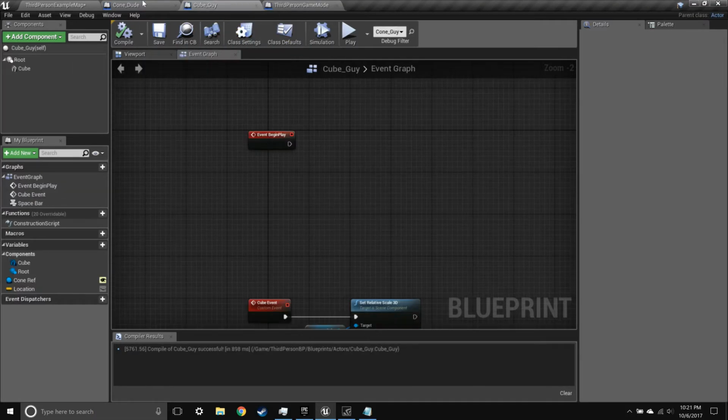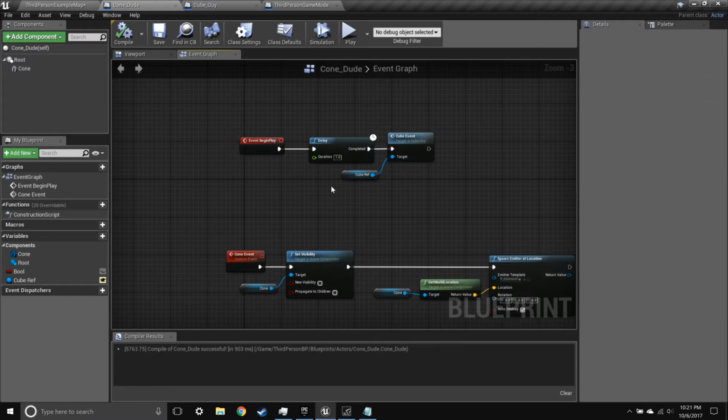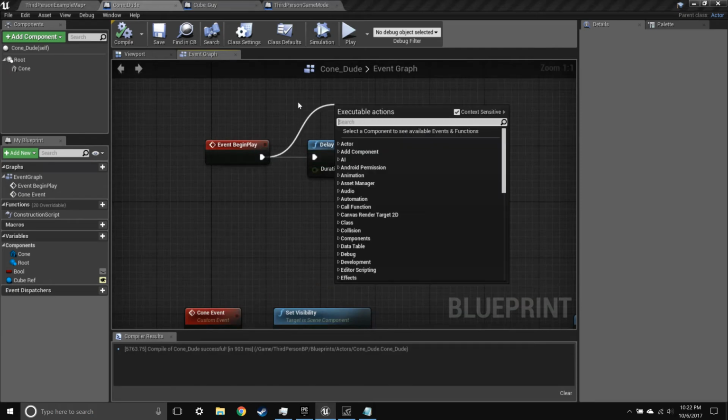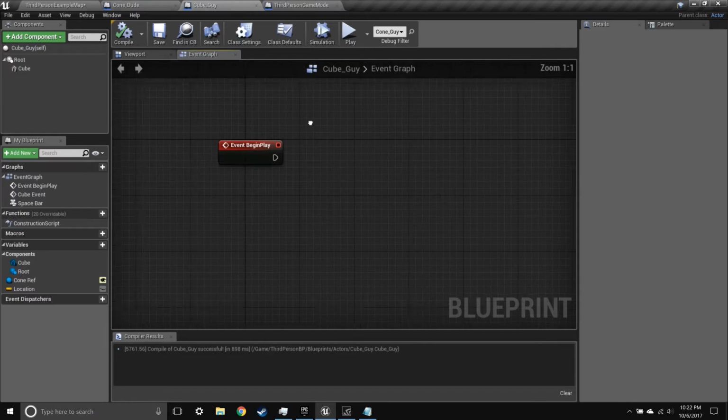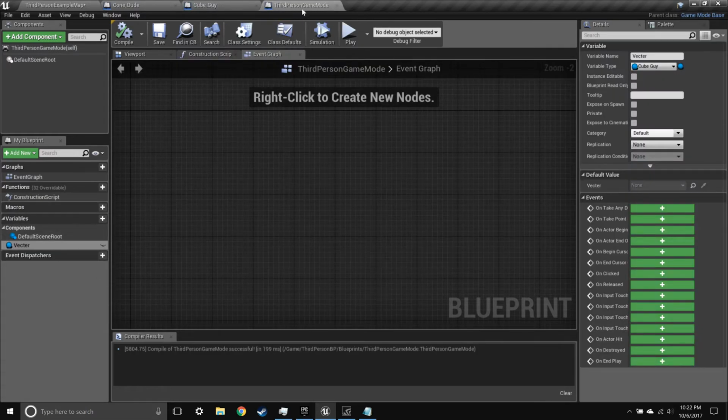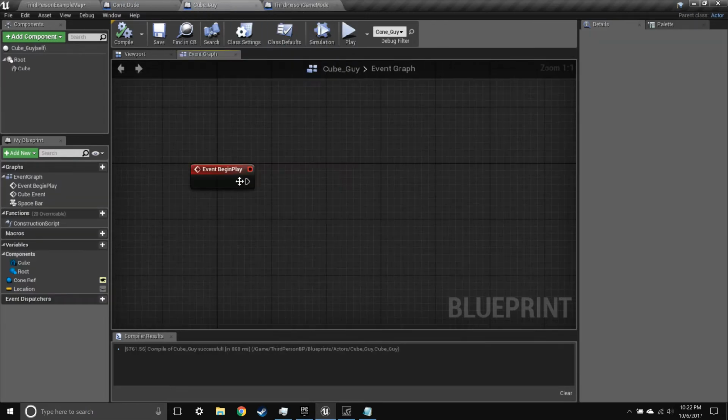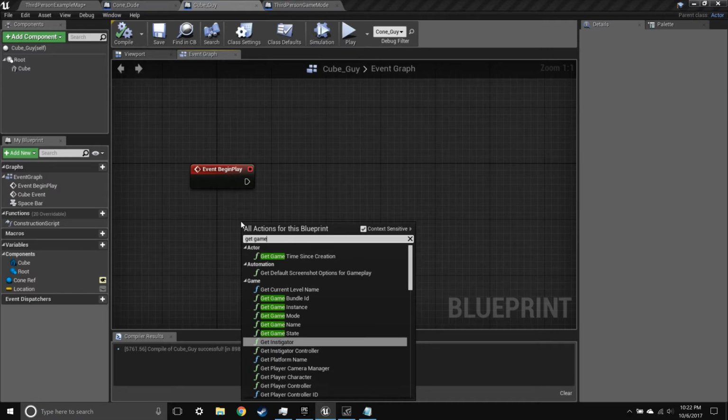So from the cube guy, let's say you want to access something from the cone dude, but like I said, you cannot cast to it. You can't really use that method, unless it's overlapping. So what you can do is, since we put this in the game mode, at event begin play from the cube guy, you can do a get game mode,